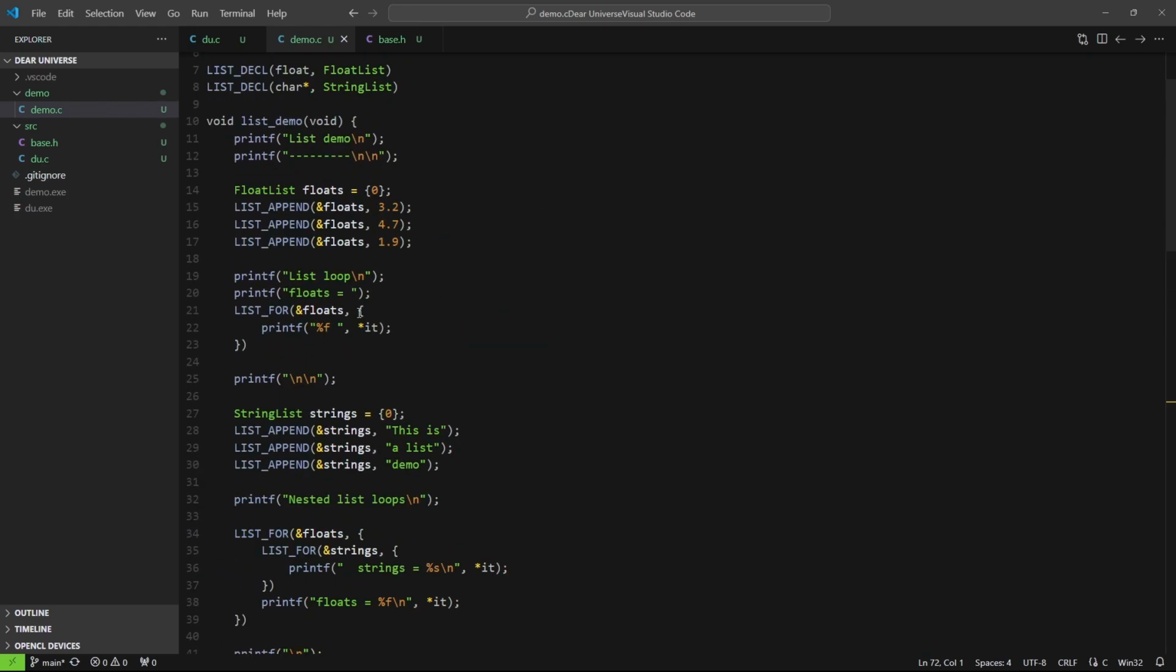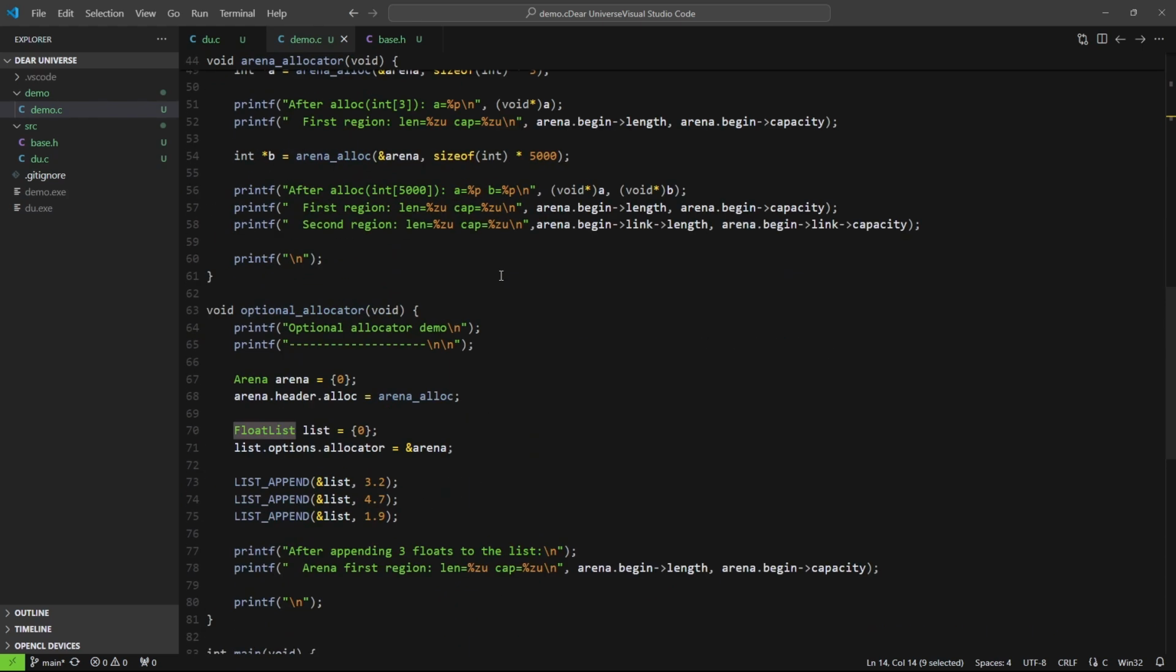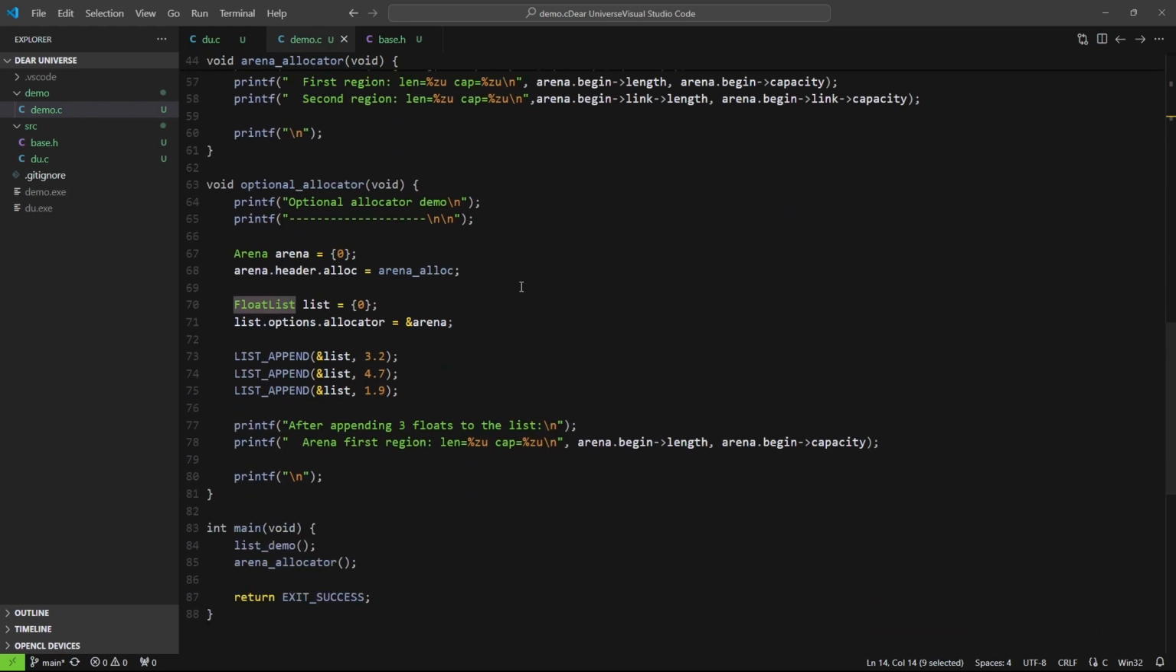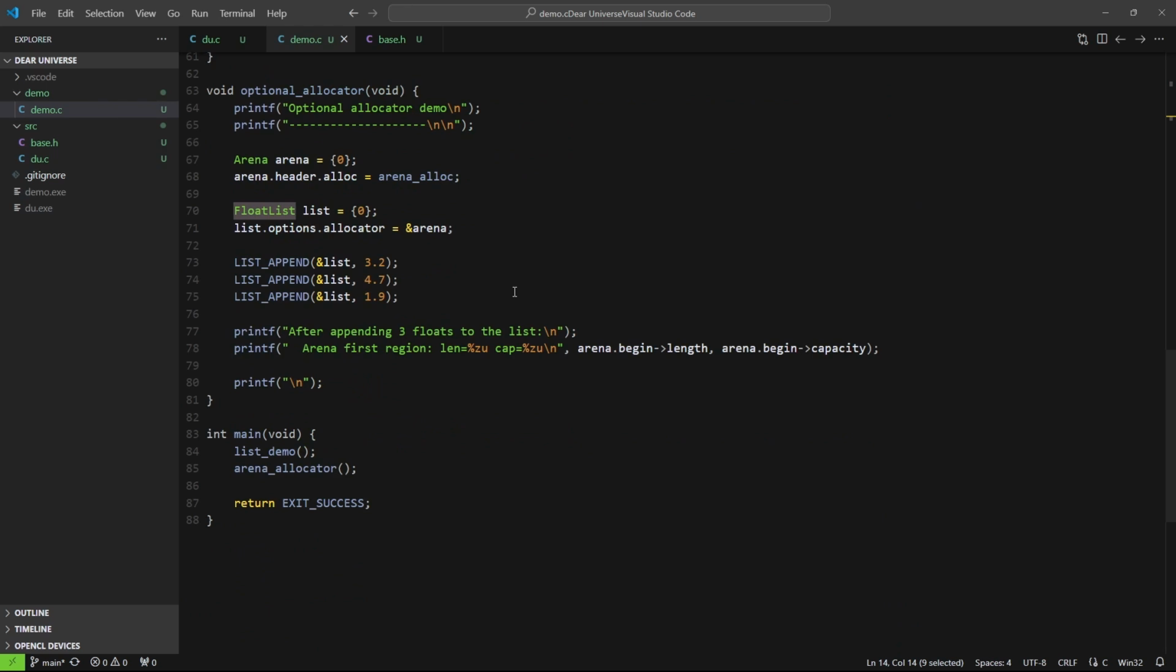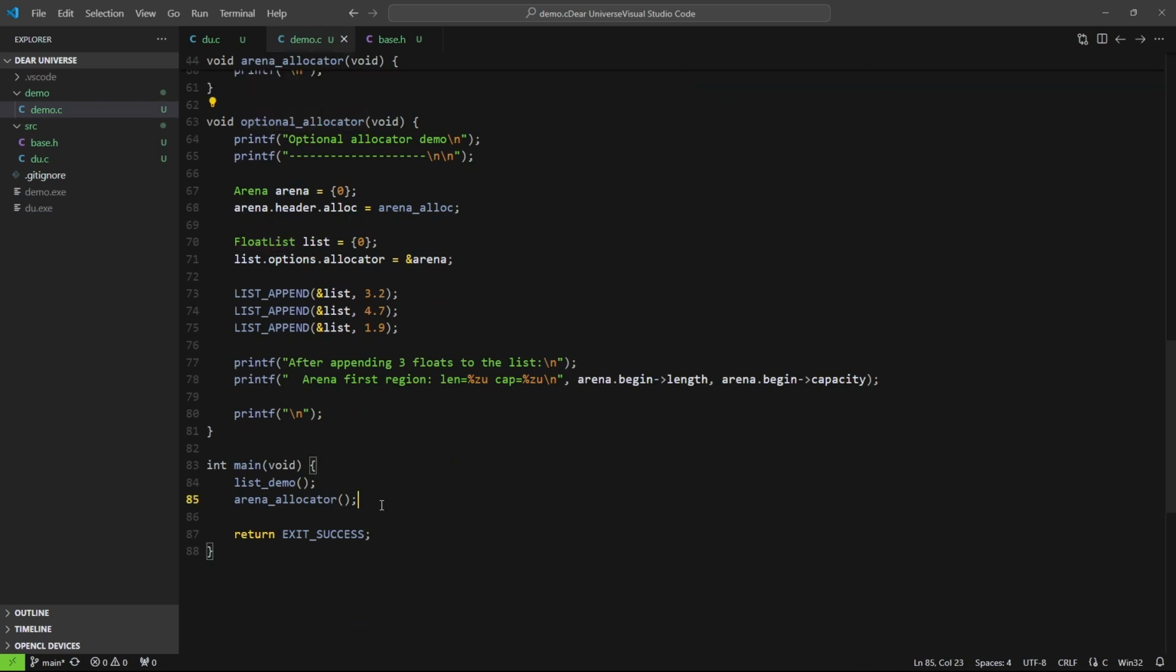And in this case, we are already demonstrating that we can still use the float list without providing an allocator. It's just going to use a default one, and in this case the default is malloc, but in the future it's going to be a thread local allocator probably, right? I still need to think about that. So let's run this optional allocator demo,